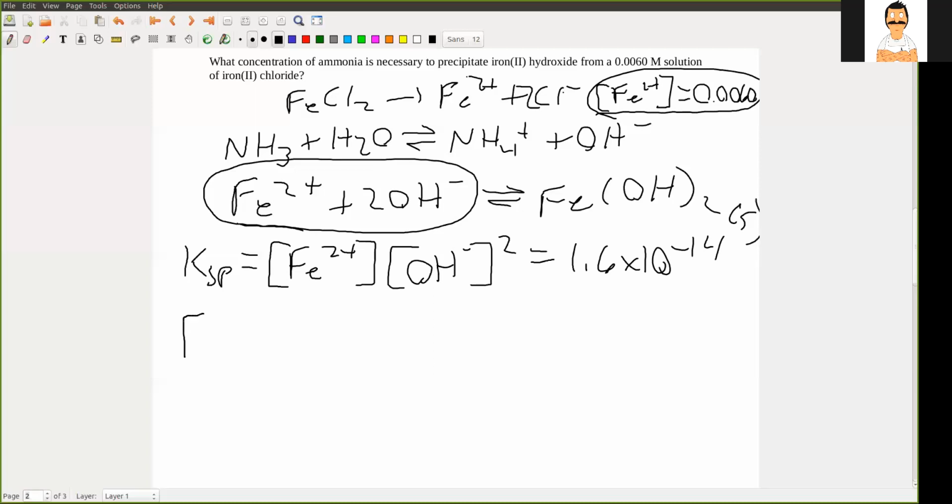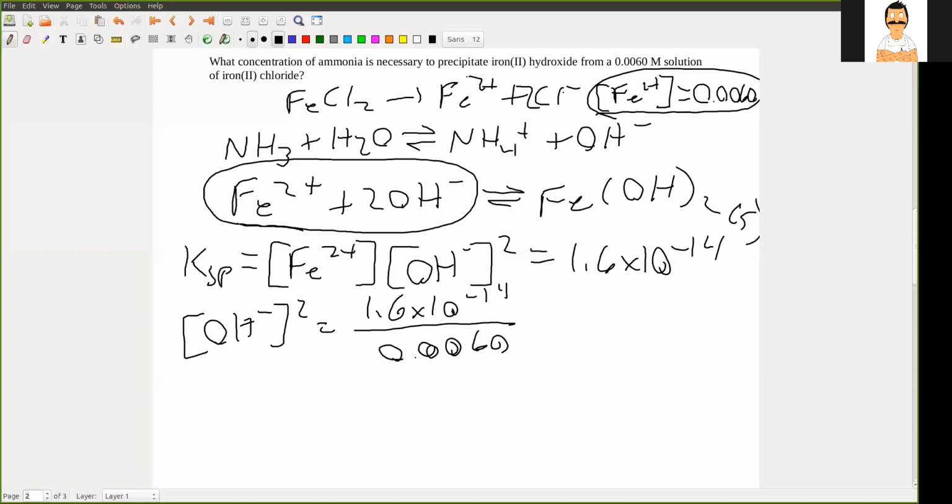So we have OH minus squared is equal to 1.6 times 10 to the minus 14 over 0.0060, which when you do that calculation, ends up giving you 2.7 times 10 to the minus 12